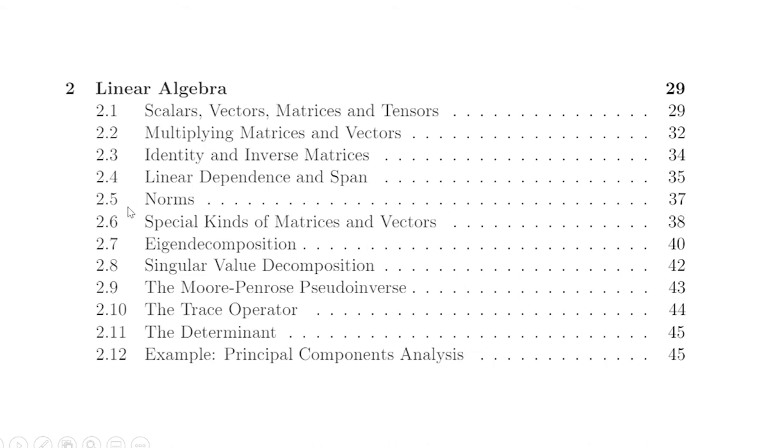In 2.5 we talk about how we can measure the sizes of vectors and matrices, and that's critically important as well. 2.6 is an easy one. We just talk about special kinds of matrices like symmetric and diagonal matrices, which should be ringing a few bells, because again, we expect some prerequisite understanding in linear algebra, even though this introduction is pretty comprehensive.